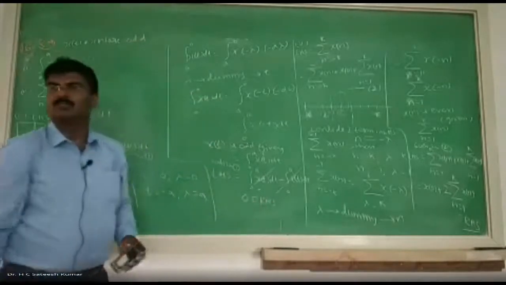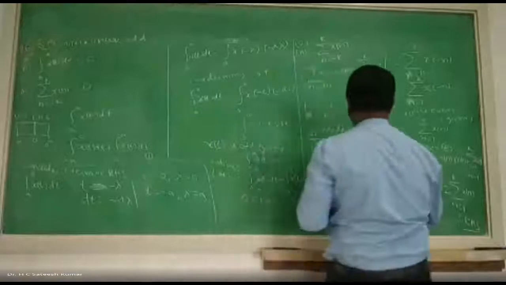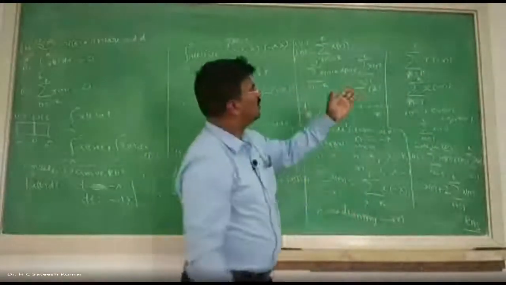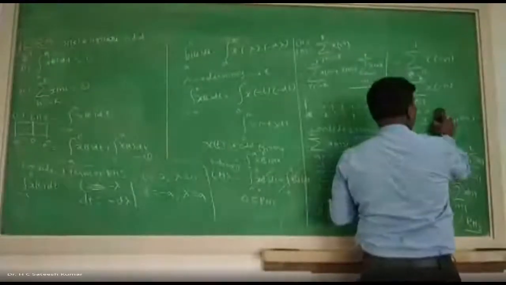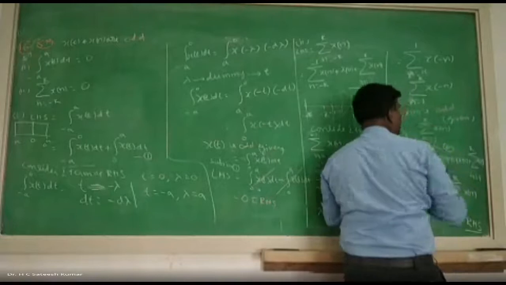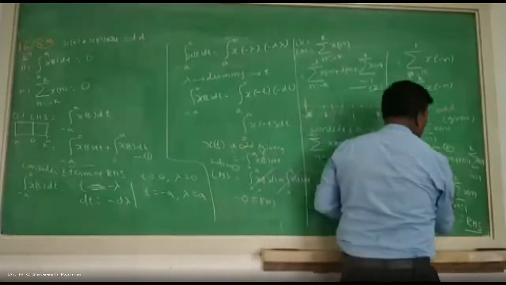So the same derivation you should do. Next, the second part, same thing. Split up, everything remains the same. Everything, the whole thing remains the same. The only thing is x of n is odd, which is given. If x of n is odd, you will get a minus sign. So therefore, what you will get is this.